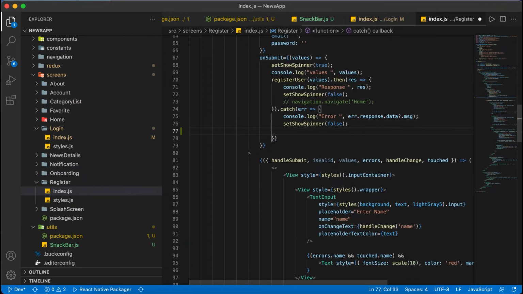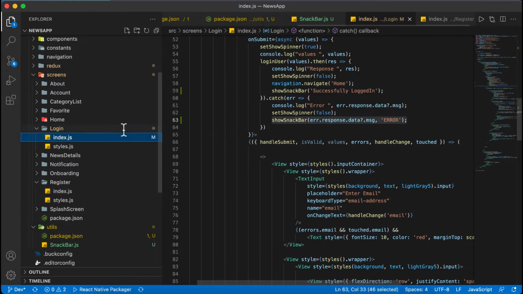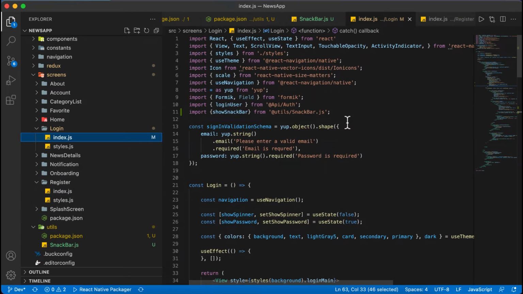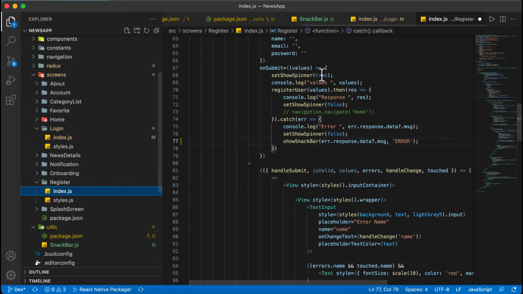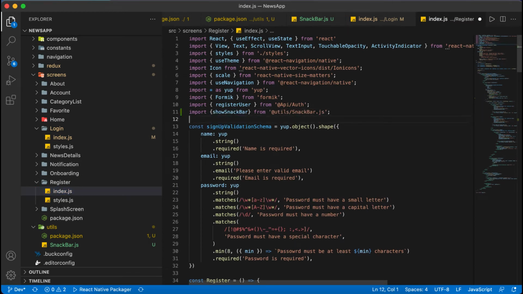We'll put here, and also need to import. So what I will do, I will copy here how we have imported. I'm not going to write the same things. Okay,